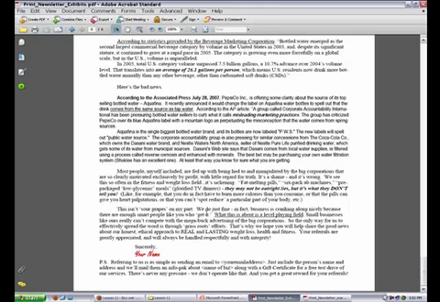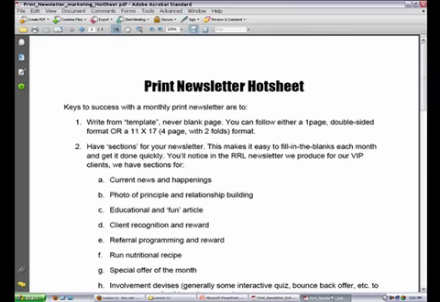And I've given you a template to just fill in, so you can play with it and manipulate it from there if you like. And then this is a hot sheet, which is going to give you some good tips on this. Absolutely encourage you to write from template. It's really hard to sit down to a blank page and try to reinvent the wheel every month if you're a publisher. When you're sending out a regular newsletter, you will be a publisher. So if you can have a template like this we've given you, with sections that are predefined that you just plug pieces into, it makes production go a whole lot faster and easier.